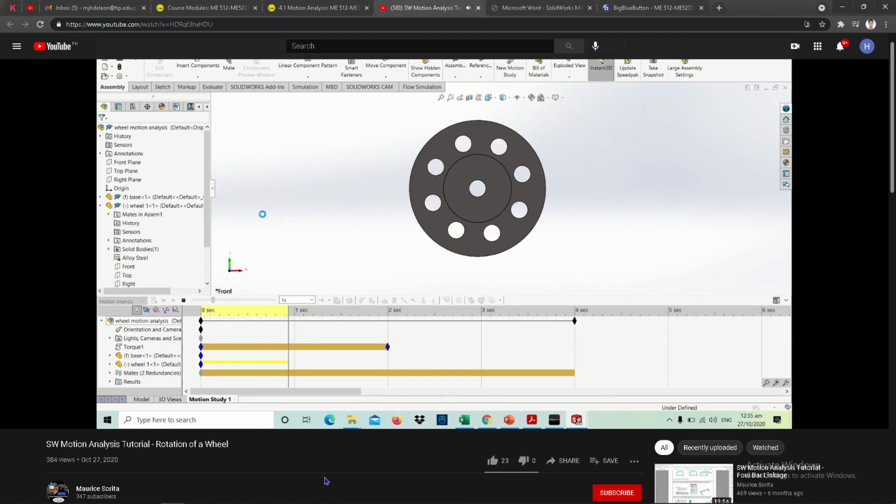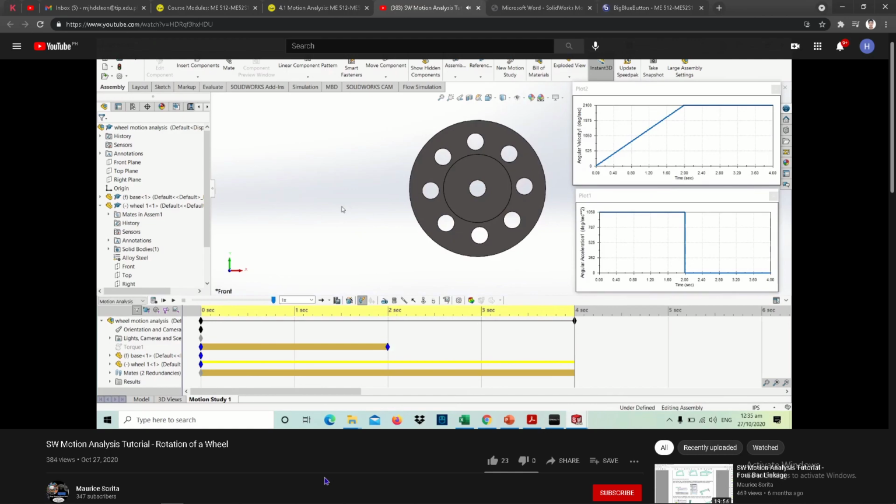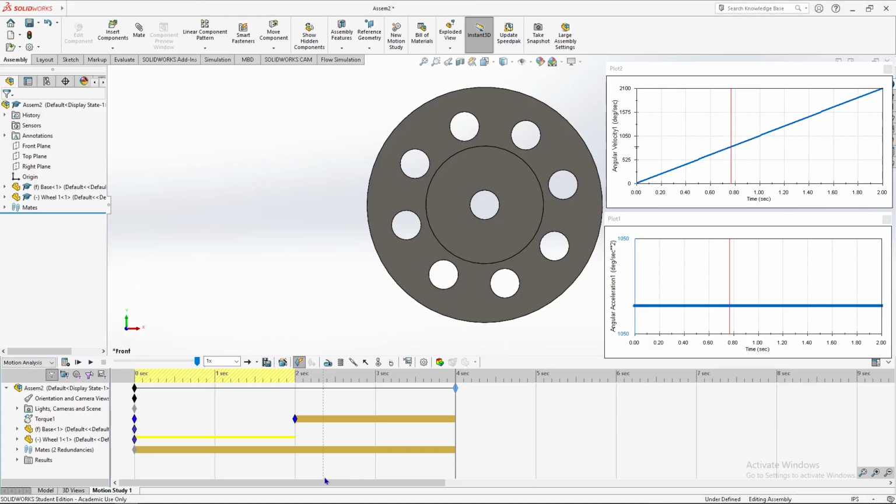So we should be expecting a value of, okay. So what did you see? The angular velocity